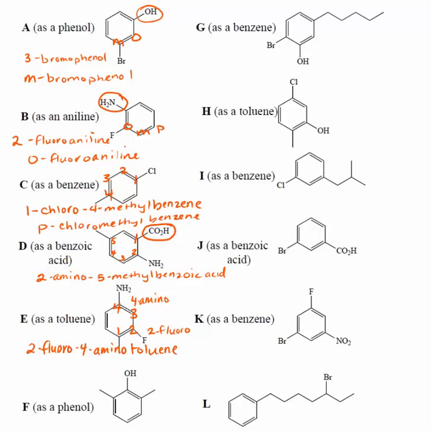toluene. For F, if we name it as a phenol, that takes care of this substituent, and any which way we number it, it becomes 2 and 6-dimethylphenol. So that is the name for F, 2,6-dimethylphenol. G, if we're going to name G as a benzene, that takes care of this parent ring, but then